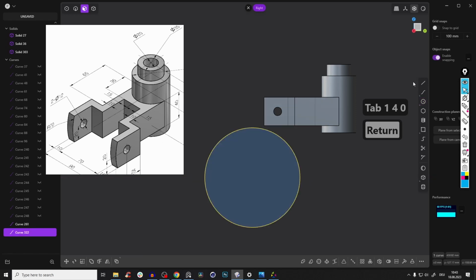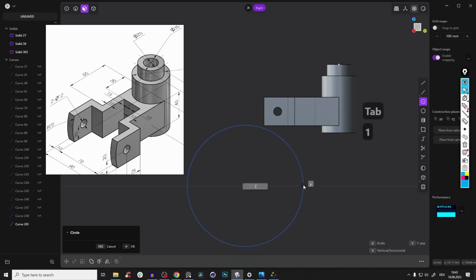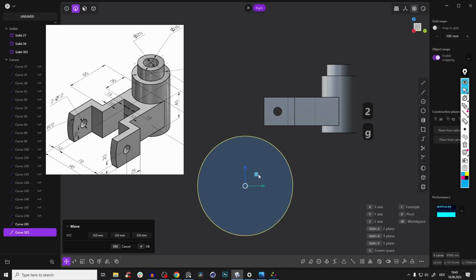Very important. So let's do it again. So when you drag that out, you see you can snap here on the Y-axis. And this is super crazy important right now, because if you just snap it here, then we can't get this most left point and bring it here, what we will need. So just snap it. So press Tab, type in 140, and now be sure that you snap here on the Y-axis. Right click, because now if we select the circle and we press G for move,